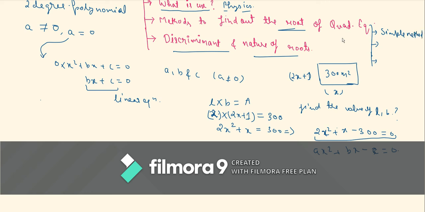The simple method means you should know formulas like a plus b whole square, that is a square plus b square plus twice of ab. Look here, you are getting a square quantity, so this will be in the form of a quadratic equation. This is the simple approach, or also a minus b and a plus b. Both identities can represent the quadratic equation. Now the second method is splitting the middle term. One of the important forms is splitting the middle term.